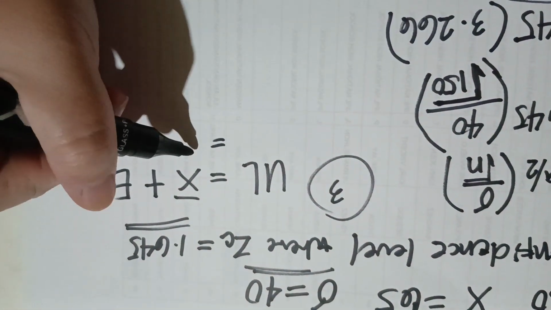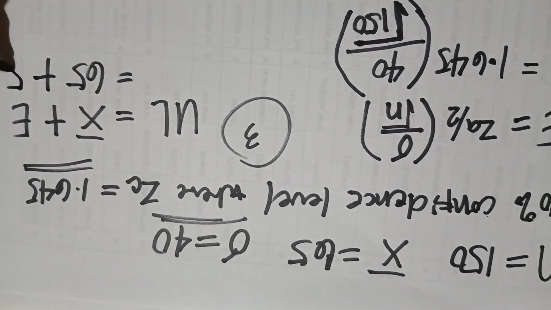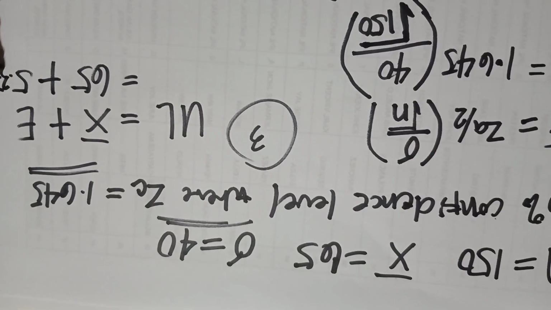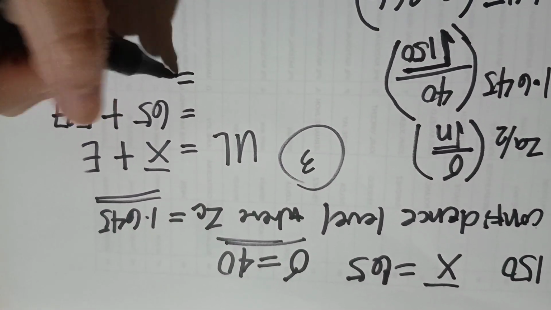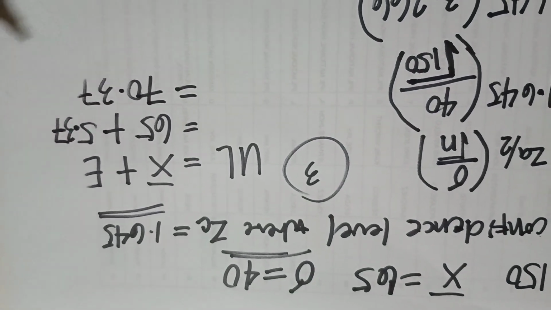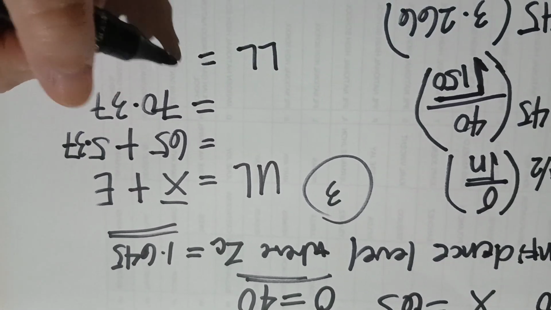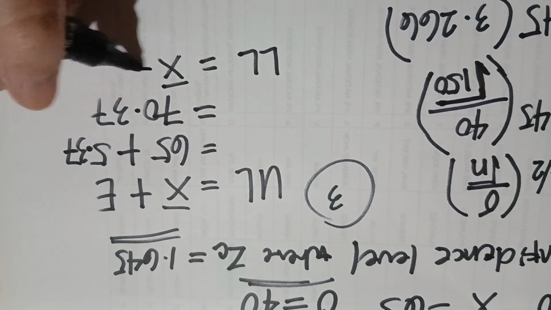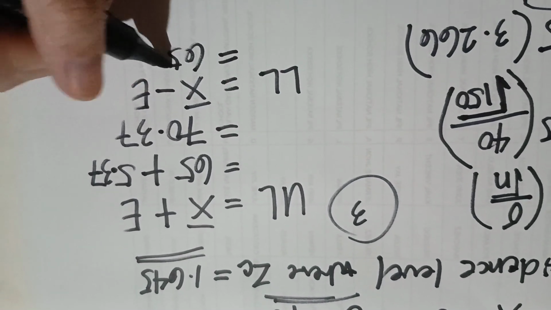The sample mean is 65 and the margin of error is 5.37, so the answer is 70.37. And the lower limit, the difference between the sample mean and the margin of error, so we have 65